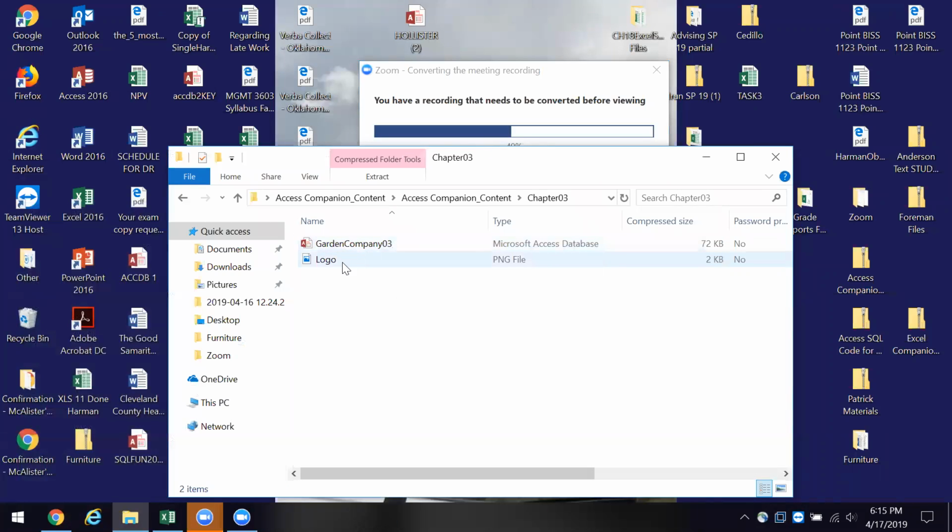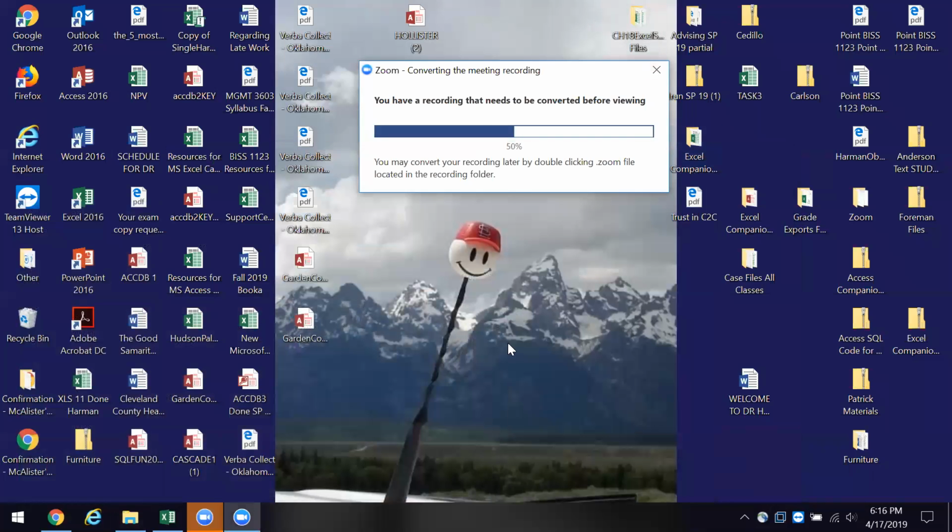Now notice there's a logo. Yesterday when we worked on workshop number 4, and that was Garden 11, you'll remember that we had a logo and an icon, and we had used it. We saw how it was used to create a form, to spruce up a form. Of course, a form is what we use to put data into a table. So we'll look at Garden Company, and I'm going to copy it,